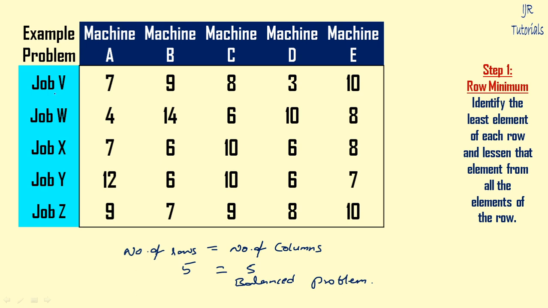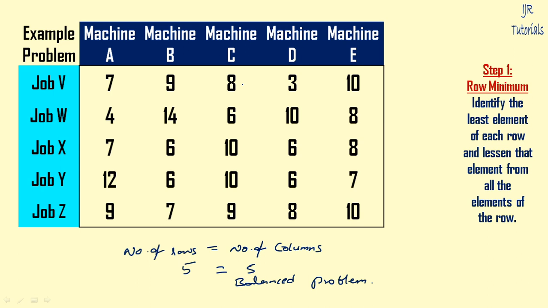And in this case, there are 5 jobs and 5 machines given, and these are the numbers 7, 9, 8, 3, 10 up to the last row. Assume that these are all hours. So 7 hours: suppose job B and machine A. If you take this combination, the meaning of 7 is that the job on machine A can be done in 7 hours. Like that, 9 hours, 8 hours, 3 hours. By seeing this particular matrix, we can assign the best combination that minimizes the time. That is the basic theme of the Hungarian method: we need to identify the optimal solution.